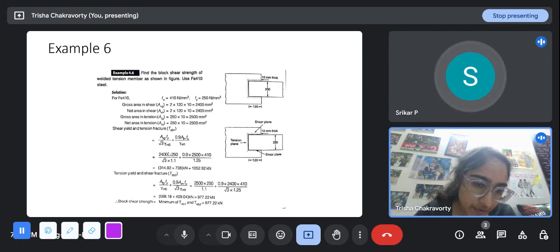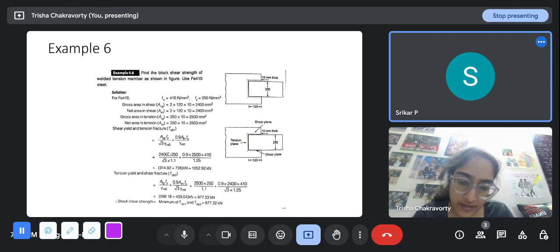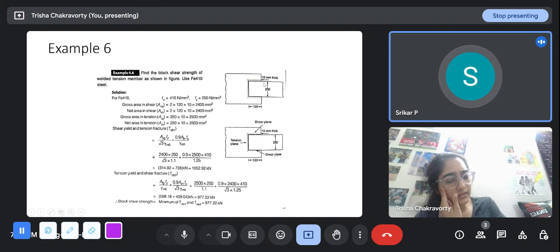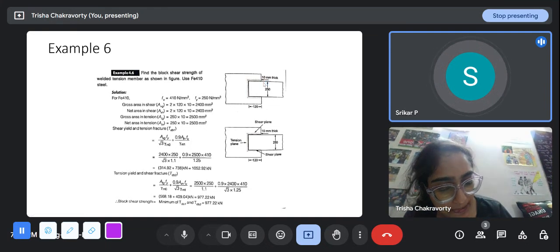This is what I think. Actually, I think not in this particular thing. When you're calculating, the bottom part is the block shear strength. Is this a plate or an angle, ma'am? This is a plate. In case of a plate, I think we will not get this kind of thing. I guess the LC value will come only when there's some kind of shear like this.